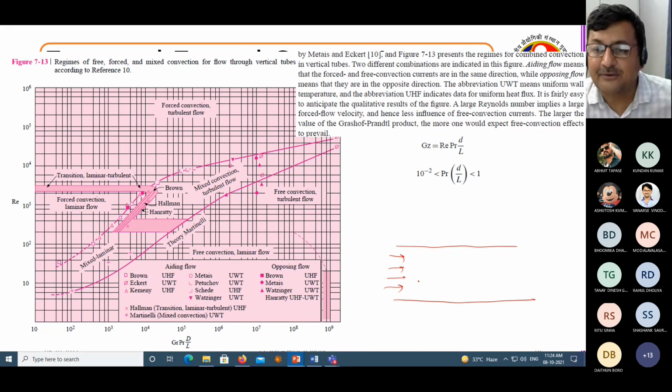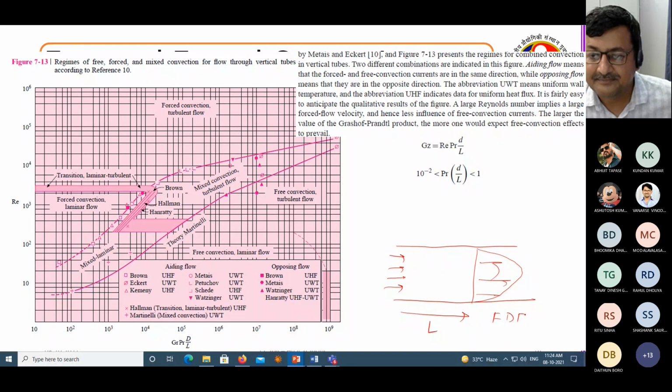So this is a plug flow, and then you have a parabolic flow. It requires a certain length L to become a parabolic profile. This is a fully developed flow, and this is the flow at the entrance. Now see, this is developing, right? Although the flow rate is constant, the flow profile is different. Now you know that the flow profile has an influence on heat transfer, mass transfer, and different flow characteristics, correct? But when calculating, we are always assuming that the flow profile is parabolic.